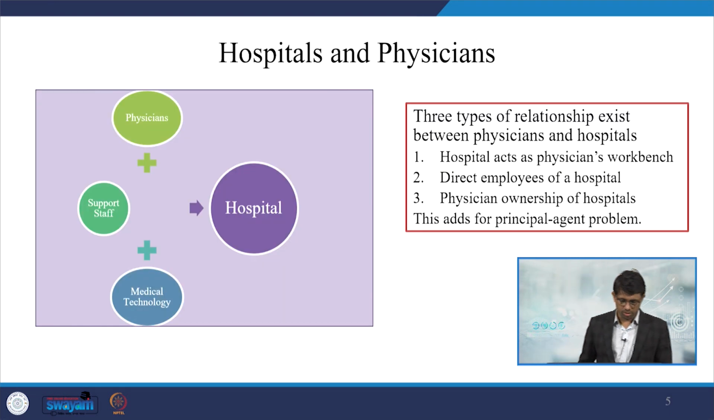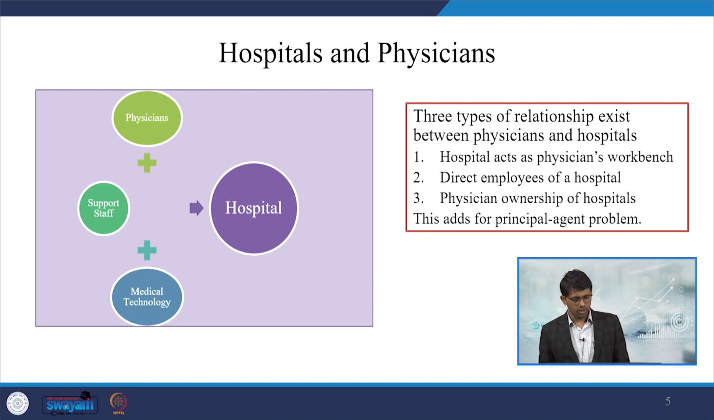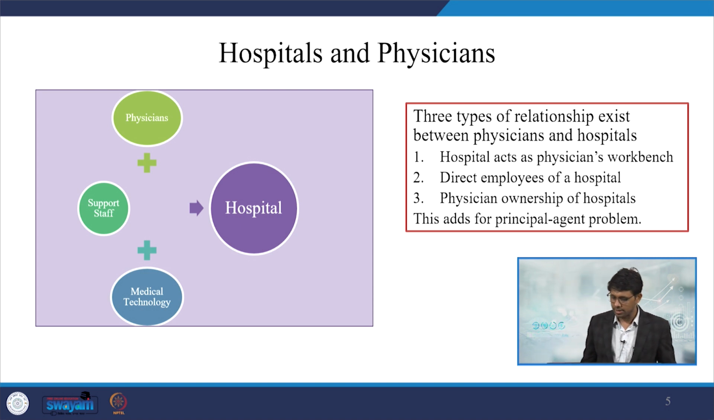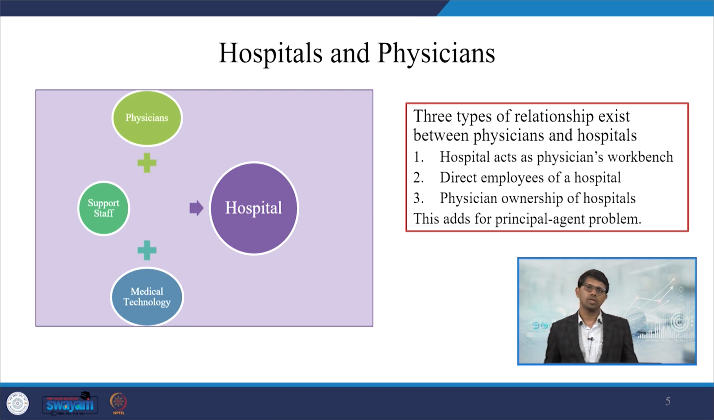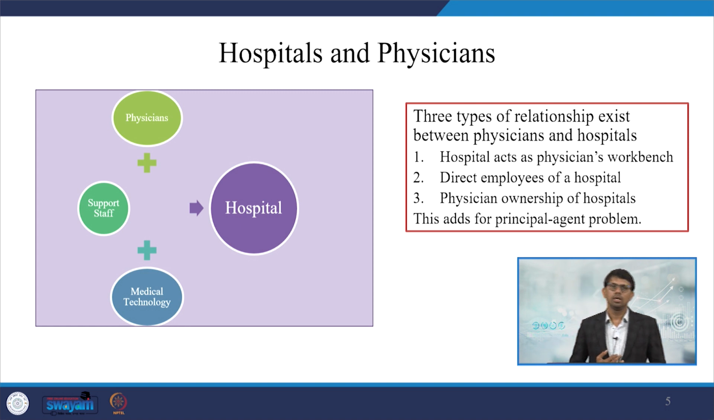There are indeed all sorts of relationships, starting from the physicians to supporting staff or using the medical technologies, all are actually linked to hospitals. Broadly, there are three types. The hospital acts as the physician's workbench, there might be direct employees of a hospital, and there is physician ownership of hospitals as well. All these lead to a possibility of a problem called the principal agent problem, where even if all are defined to be good,